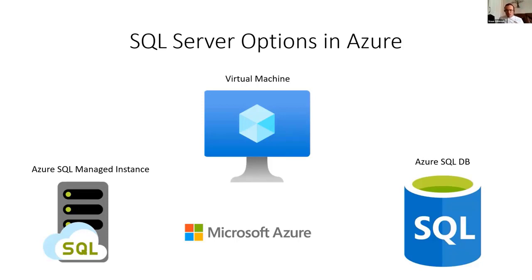Then a little bit later, Microsoft released Azure SQL DB. So this was for single databases and it was a platform as a service offering. The difference was that Microsoft managed all the upgrades, the patching and the security, so you didn't have to. The downside of that, though, was that Azure SQL DB didn't cover the full surface area of SQL Server. So you didn't have SQL Server Agent and you couldn't do cross-database queries out of the box, but there were